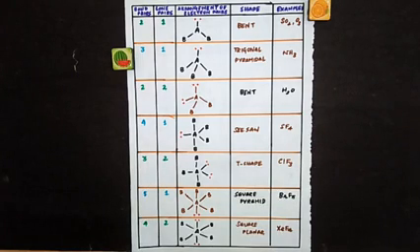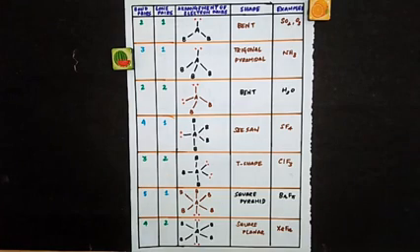So you have to be very clear: depending upon the number of electron pairs, and out of those electron pairs how many are bond pairs and lone pairs, based on that, the shape of the molecule is decided. So remember, when there are only 2 electron pairs around the central atom and both are bond pairs, linear shape. All the 3 are bond pairs, then we have trigonal planar.